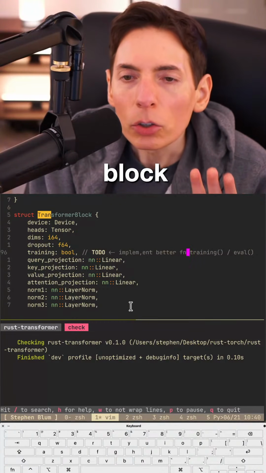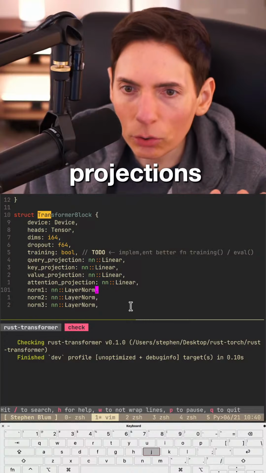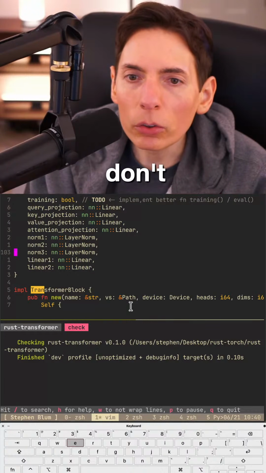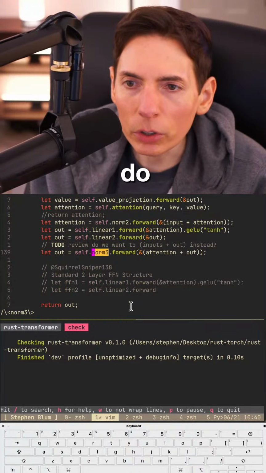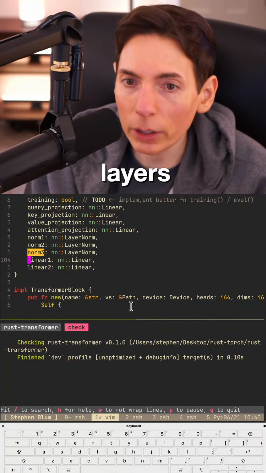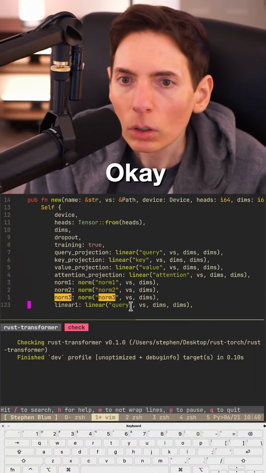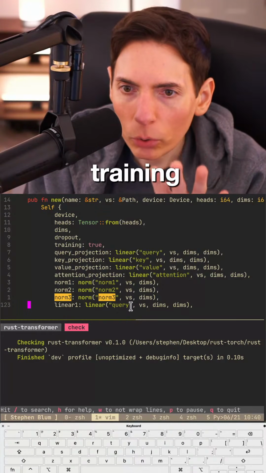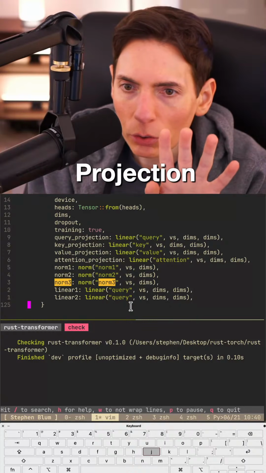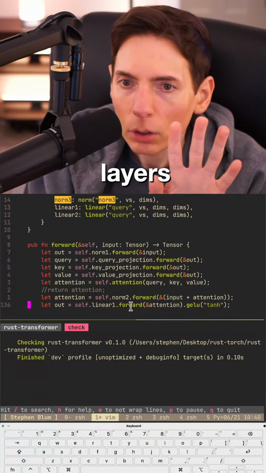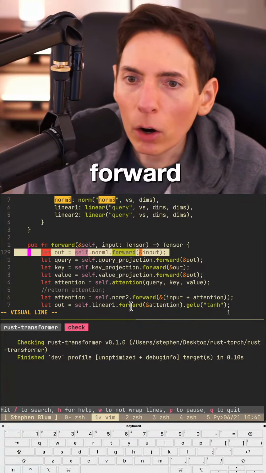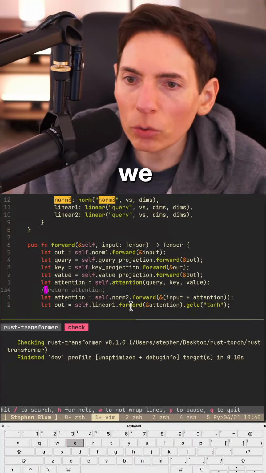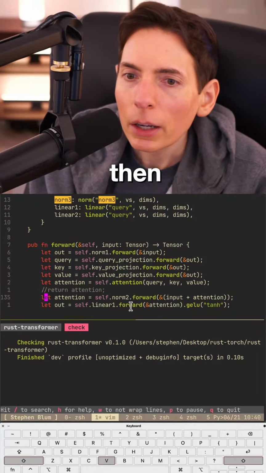Transformer block: dropout, training, projections, norms. Oh wait, do we still do 3 norms? We do. Okay, we still do 3 norms, only 2 linear layers, though. Device, heads, dropout, training, queries, projections, norms, and linear layers. We've got our forward output, query key value projections. We run it through the attention, and then we norm it.